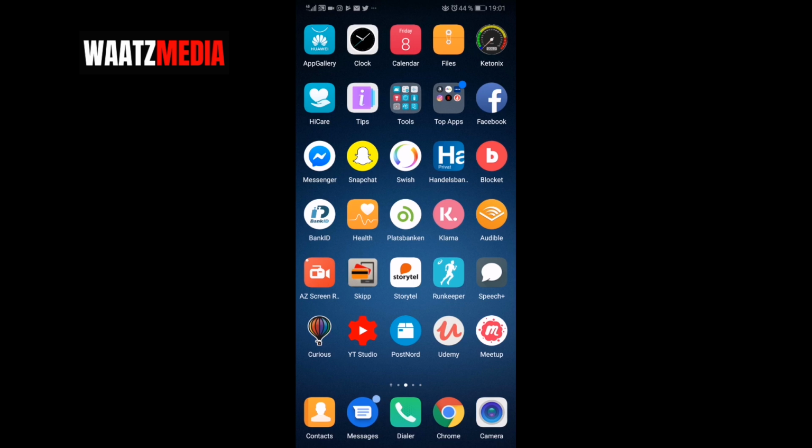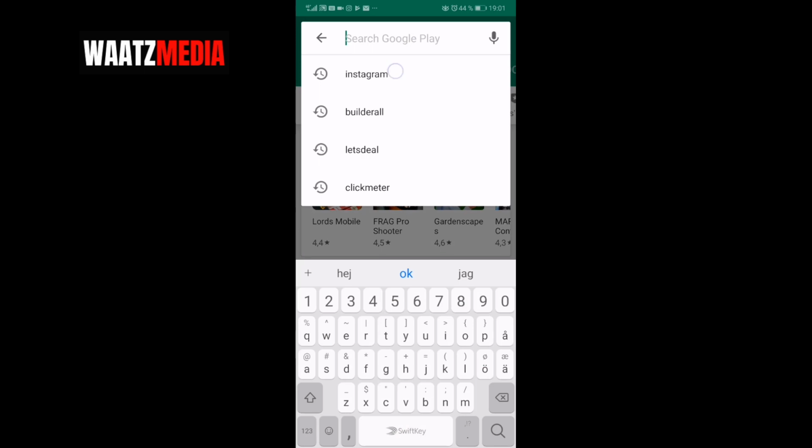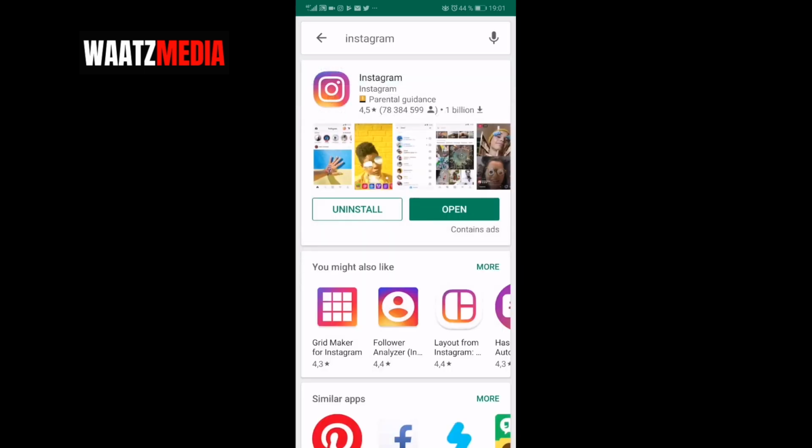Okay, so in this Instagram tutorial we're gonna learn how to make a group chat on Instagram on Android or iPhone in 2019. So I'm using an Android, but this should work on iPhone as well. So first we're gonna go to Google Store or App Store and just update Instagram, so you're in tune with this tutorial. So search for Instagram, then click on update, and after that go to open.